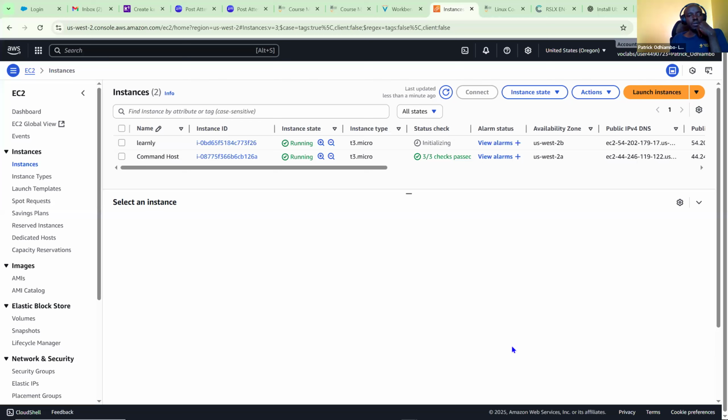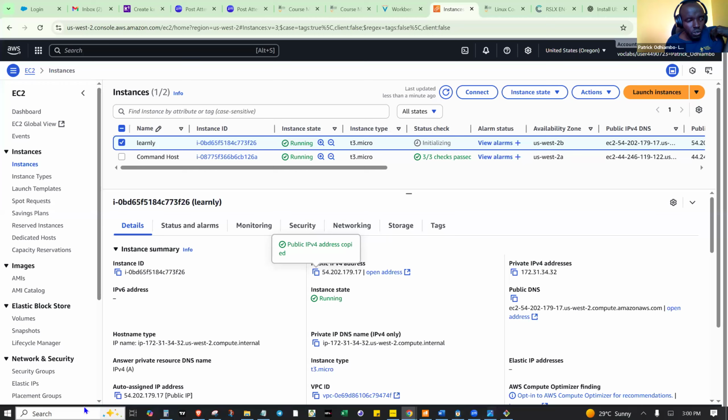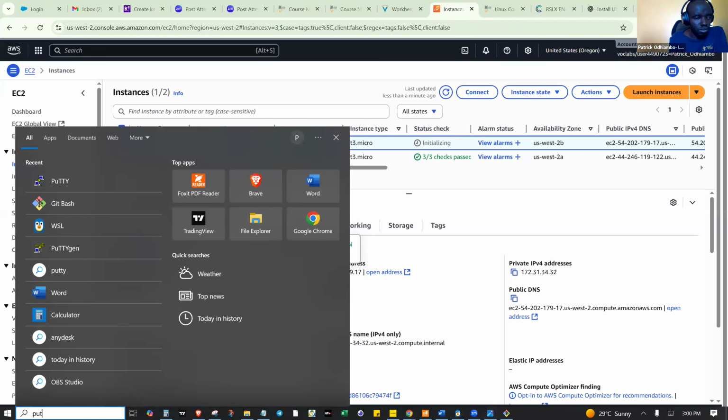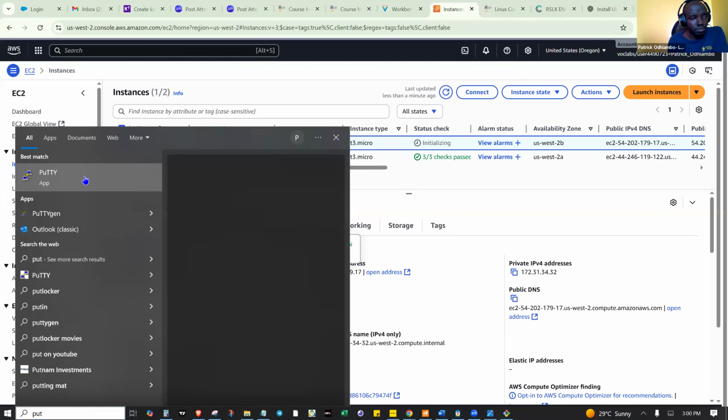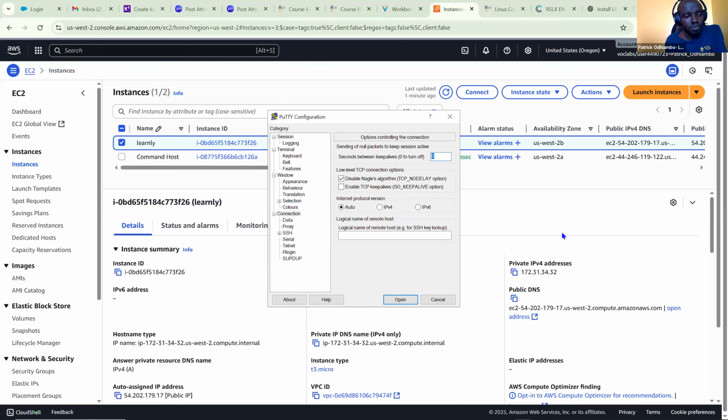So let us wait for it to initialize. Then we will try it out. But in the meantime, we can just start configuring our stuff because this will not change anyway, even after it has initialized. So let's go to PuTTY. So here is PuTTY. So let me change this one again.